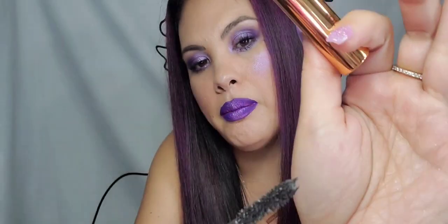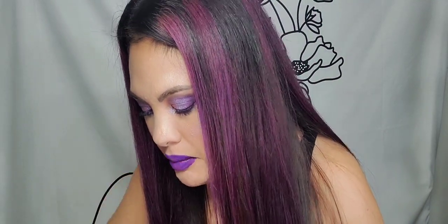So this is not a huge wand, not a small one, but I'd say it's pretty in the middle. It's got bristles and it's got a slightly different looking wand. It's a little bit flat and curved, if that makes any sense. And then the final thing that I see in here, yes, is the